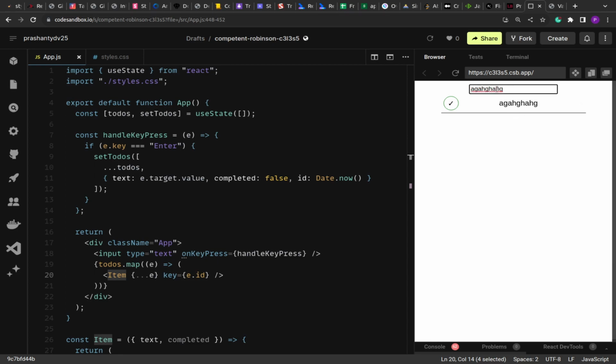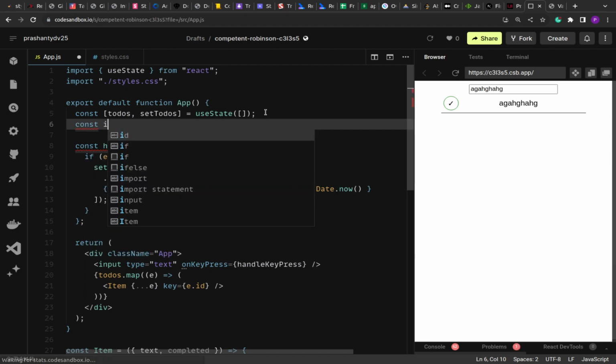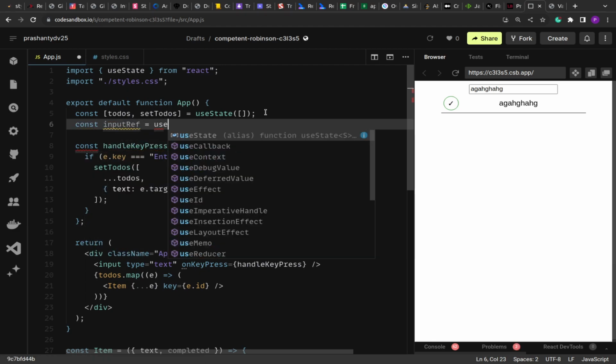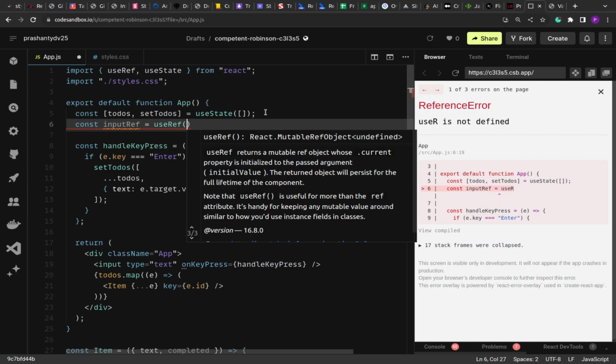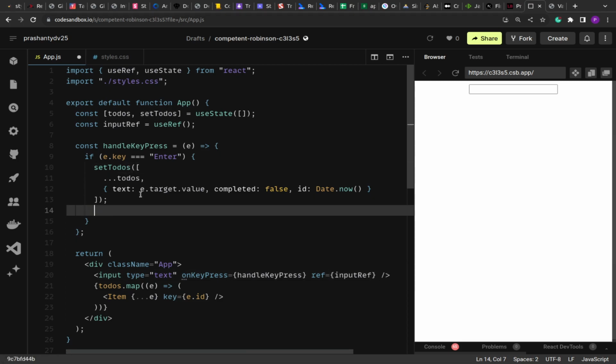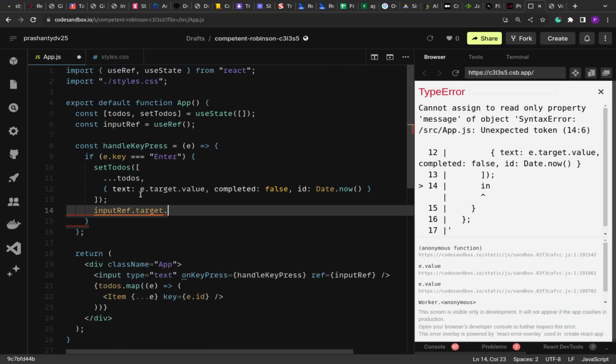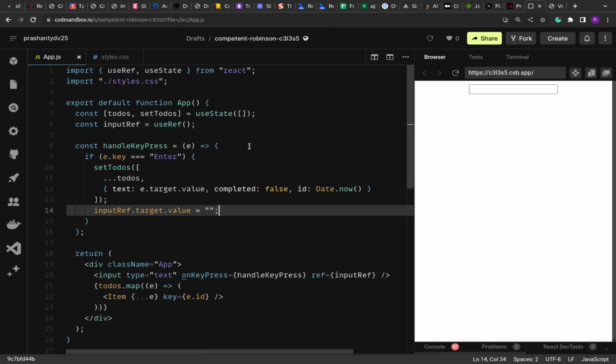But after adding, the input is not getting cleared. This input box should reset. So what we are going to do is create a reference. So const inputRef equals useRef. We will pass this reference to the input, so ref equals inputRef, and then after setting, once the enter key is pressed, we will say inputRef.target.value equals empty string. So this will reset the input. Now if I come back, type something over here and press enter,